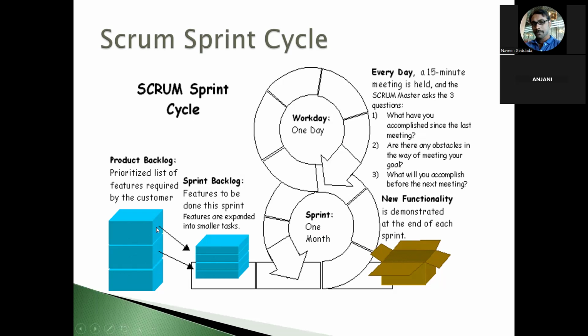We will break down this requirement into multiple requirements, or multiple user stories, and we will consider these user stories to be delivered in a particular sprint. So in the sprint backlog, we will have the features to be done in this particular sprint, and we will split the requirement into smaller tasks. Okay. And then once we have the sprint, as we mentioned, in the